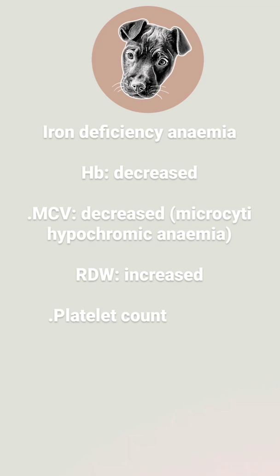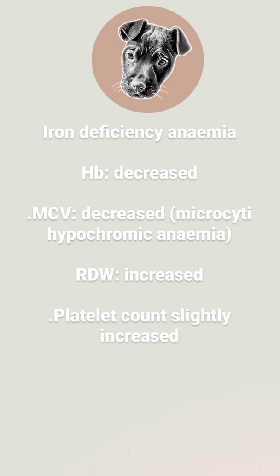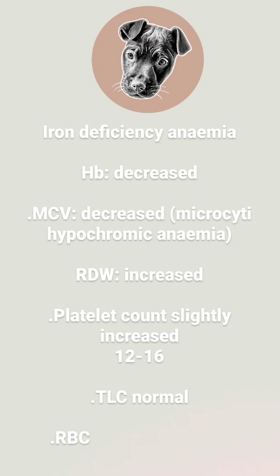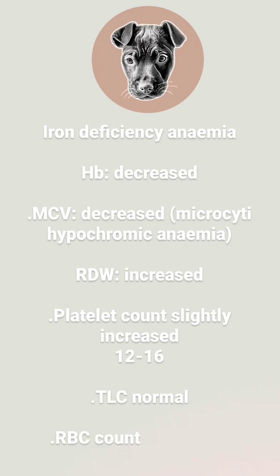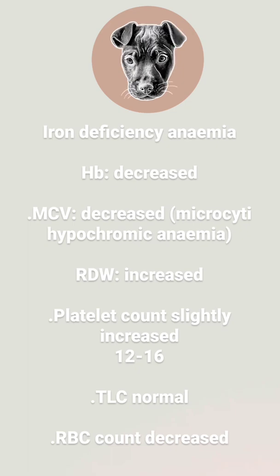And the Mentzer index, that is MCV upon RBC count, will be more than 13 in iron deficiency. This is actually needed when we want to rule out thalassemia, where the Mentzer index is less than 13. Okay. So if there is infection,